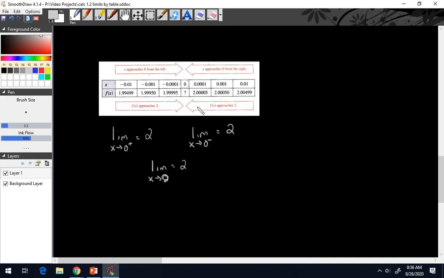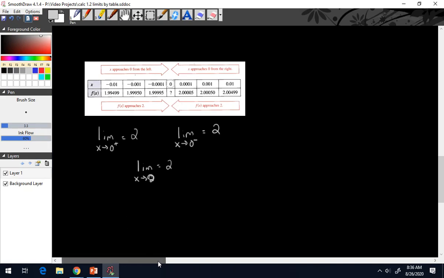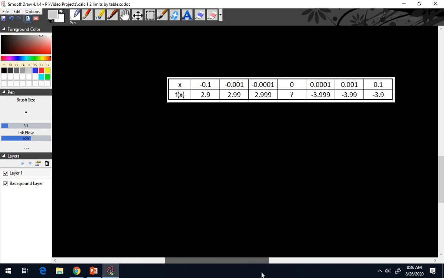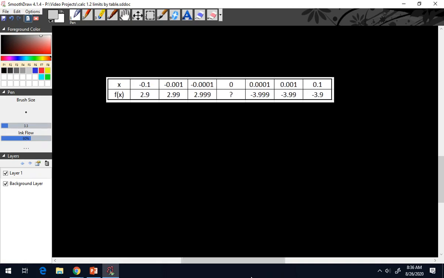Now, is it always going to be like that? No, it's not always going to be like that. We just showed in the first two examples that we approach from the left and the right, and we wound up converging to that same number. But that's not always the case, and that's okay. So if we look at this table here,